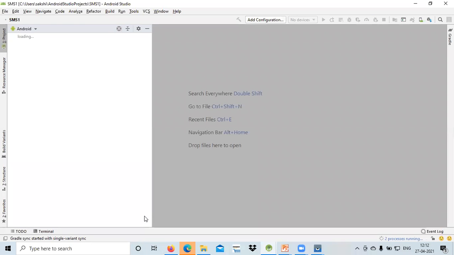For this particular question, as you know, how many activities do we require for this SMS part? Can any one of you tell me?